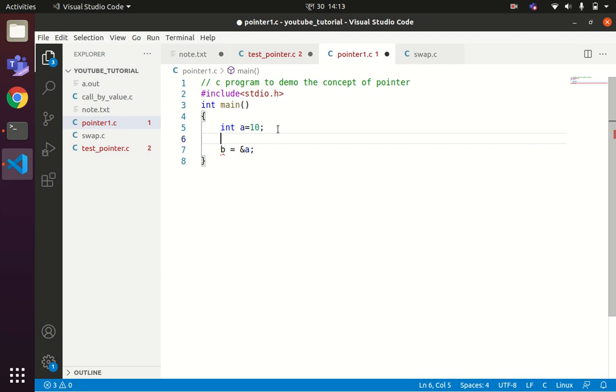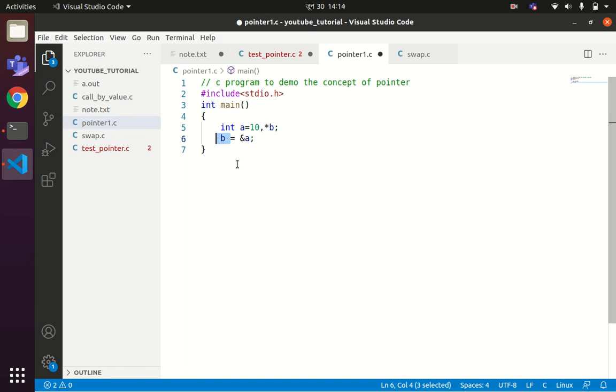So since this variable b is accepting the address of a, the variable b is not a normal variable. So the variable b is called what? A pointer variable here. So in order to tell the compiler it is a pointer variable, we will use the indirection symbol or a star symbol with b. Now in the C programming language, any variable you use must be declared. Since you are using variable b to store the address of a, we need to declare this variable b. But variable b is not a normal variable. It is not accepting values. It is accepting what? The address.